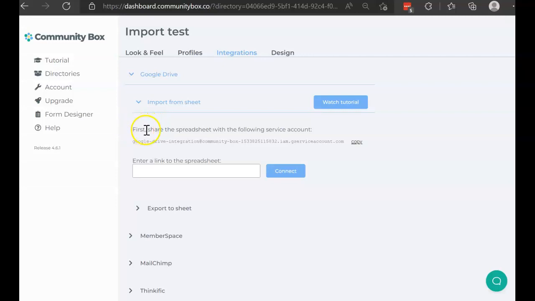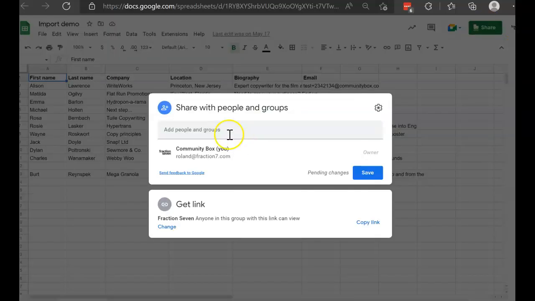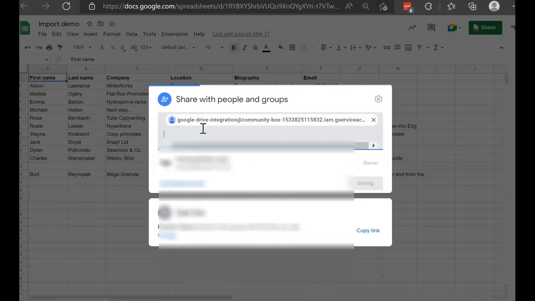For now, I can see the first step is to share the spreadsheet with the following service account. What this means is that I take this service account, which I can copy to my clipboard by clicking Copy. I then go over to my Google Sheet, which is here, and I click on the Share button, that sharing option, paste from the dashboard,